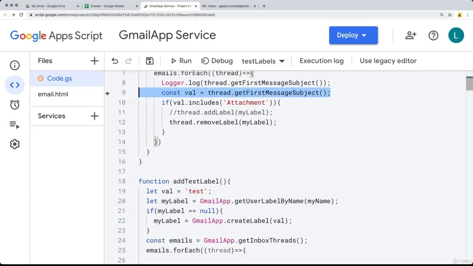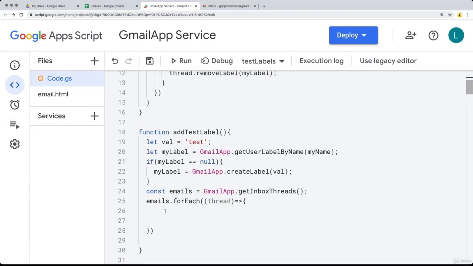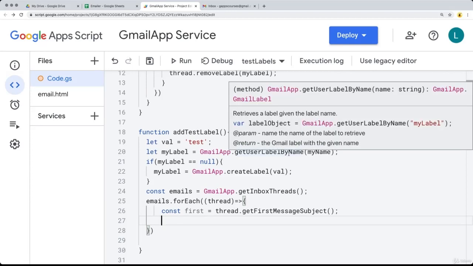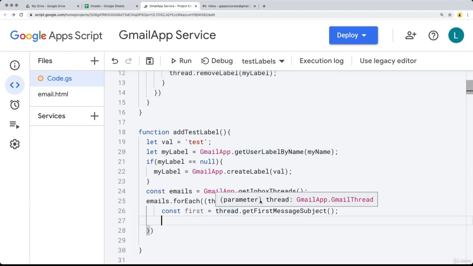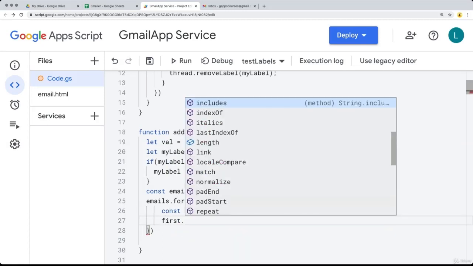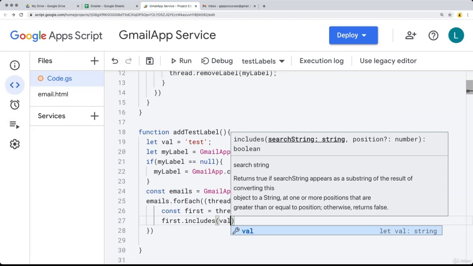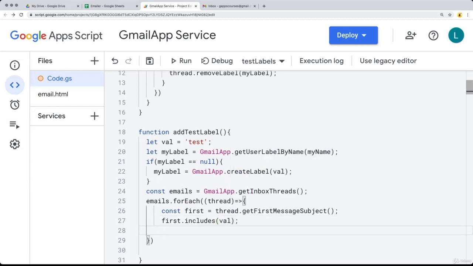So we're going to do the same thing that we just did here where we're going to get the first message and give it a variable name of first so that we're not overwriting the val. And then we'll check to see if within first, it includes the label name. And if first does include it,